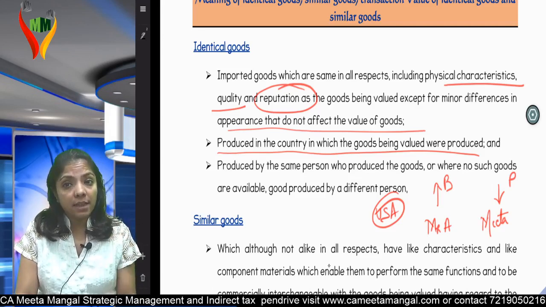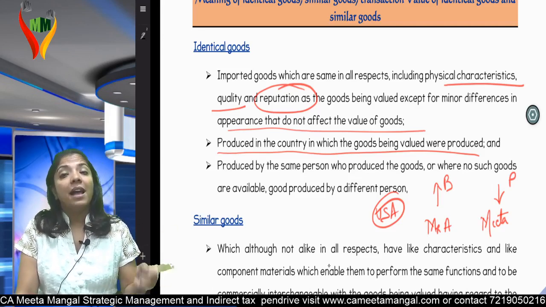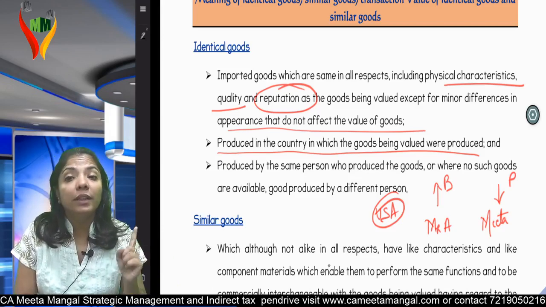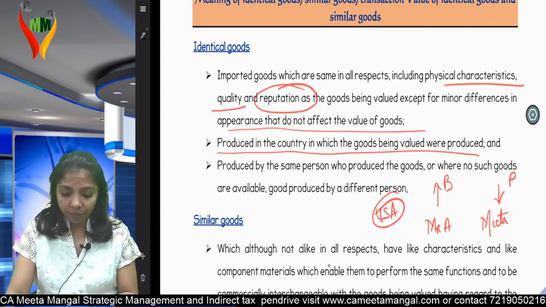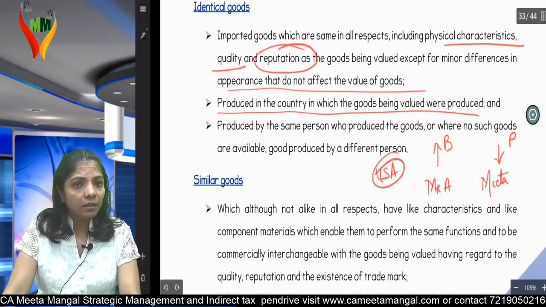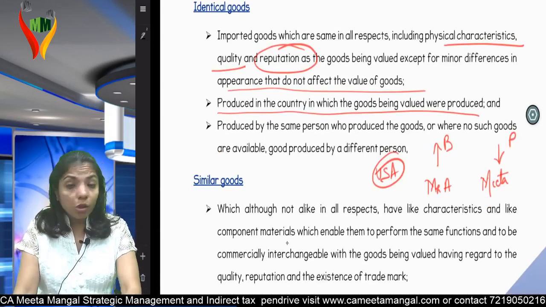Same characteristics, same quality and same reputation, then only they are called identical goods. Clear? Is identical goods clear? Now what is similar goods? Which although are